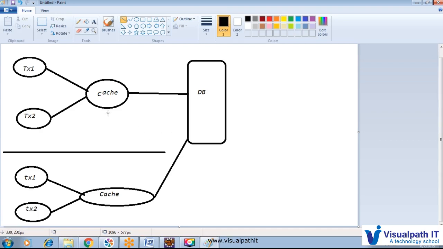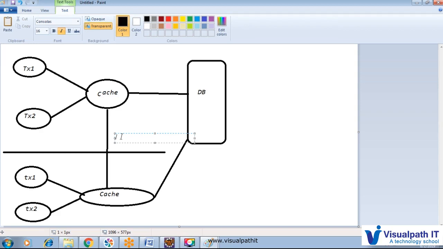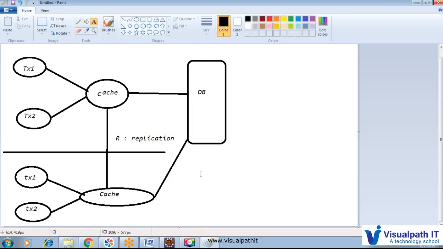And between the two caches, because both are fetching the data, we have a replication, R. This kind of environment is called a cluster scope cache, and here we also have a load balancer, in case load is required.